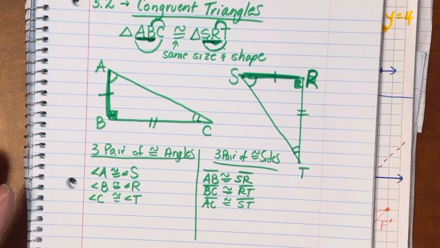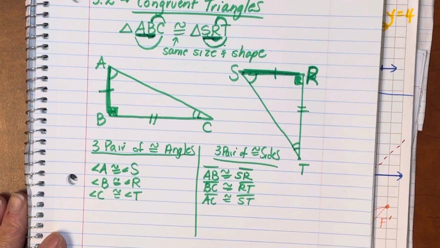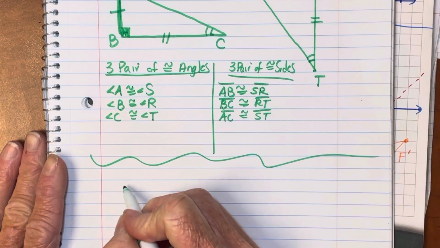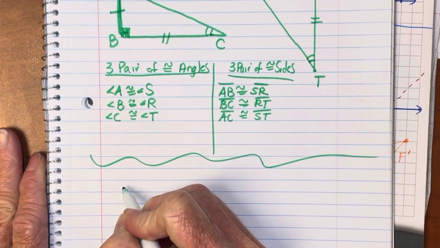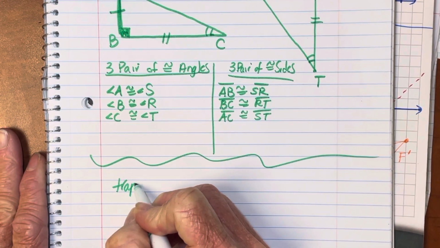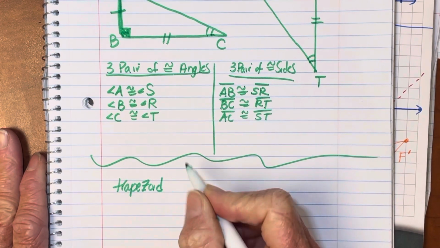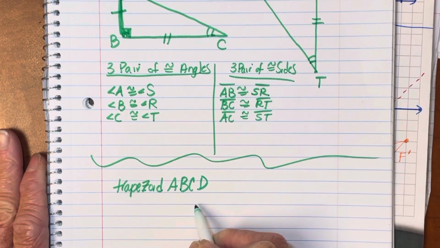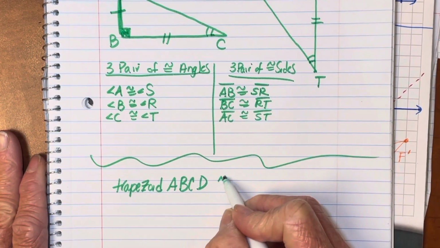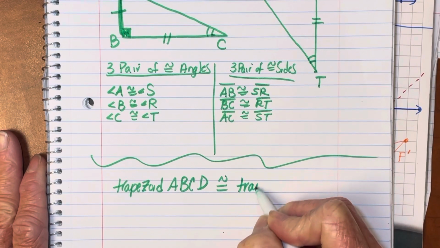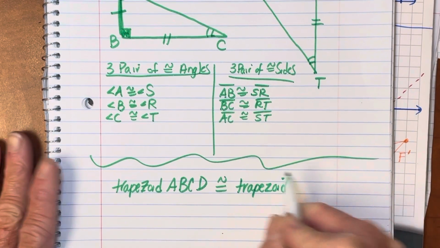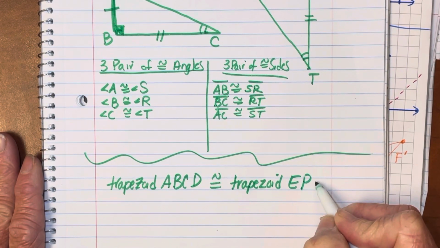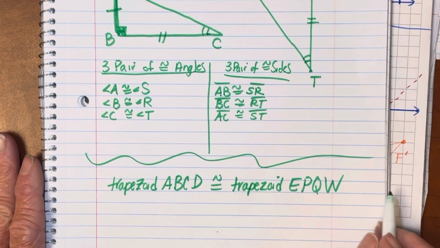All right, so let me go ahead and just give you one more statement quickly. Let's do something other than a triangle just to practice the congruency statements. Suppose that trapezoid ABCD, we're really used to having the letters in order, is congruent to trapezoid, and I'm just going to completely mix this up and call it EPQW, just some random ordering